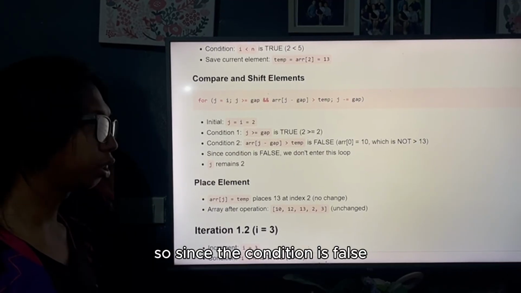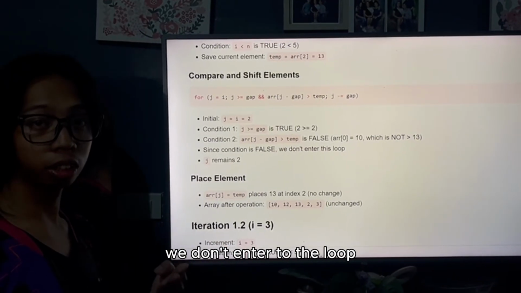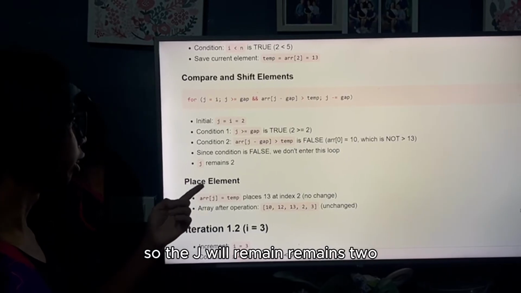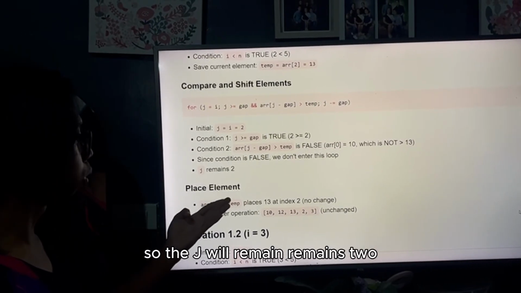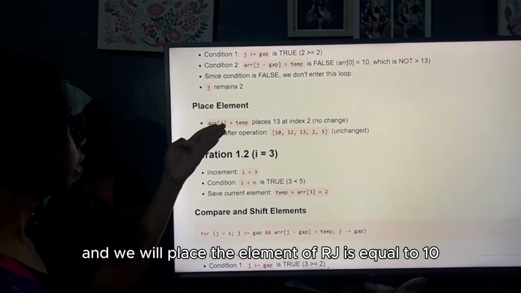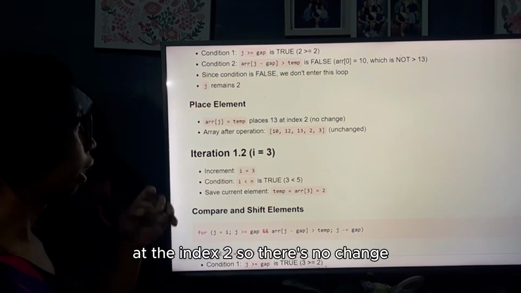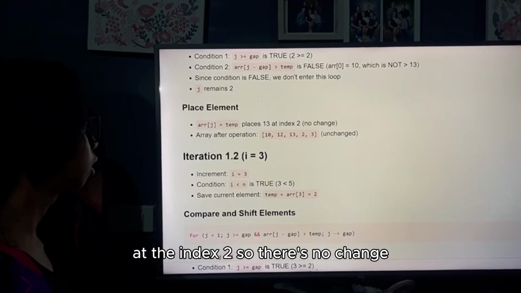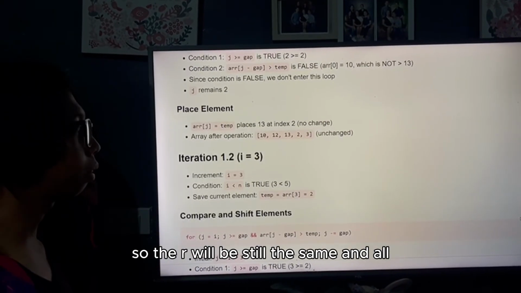Since the condition is false, we don't enter the loop. So j remains 2, and we place arr[j] equal to temp at index 2, so there's no change and the array will still be the same.